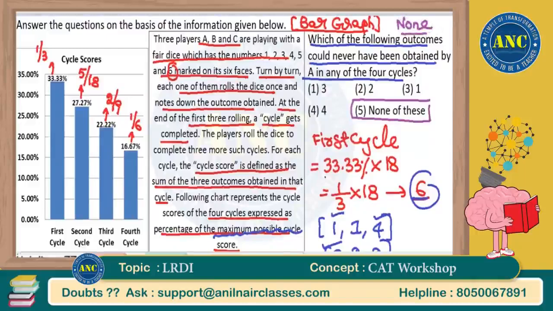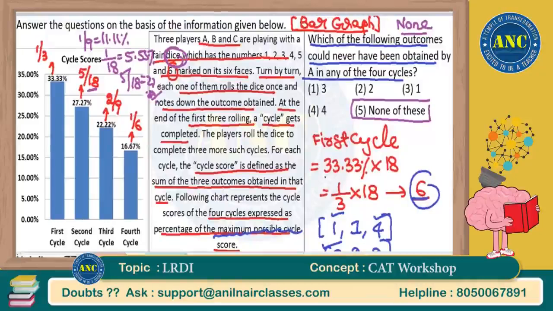27.27. See, it is the die, beta. Die means the denominator should be a multiple of 6, right? 1 by 9 is 11.11. 1 by 18 is 5.55. 5 by 18 is 27.27. I hope it is clear, sir? Denominator, rounding off, right? It is a die. So the denominator should definitely be